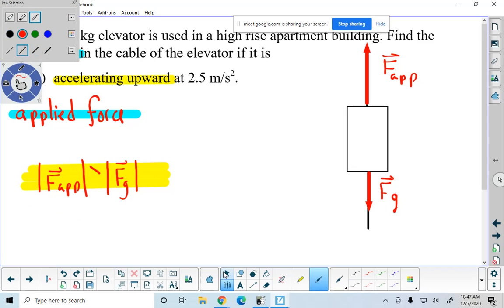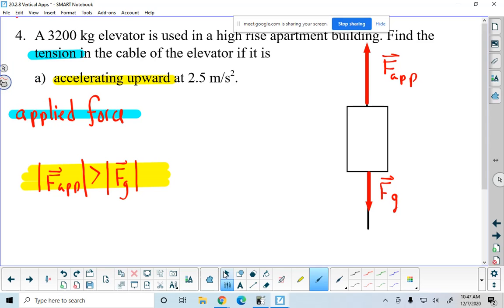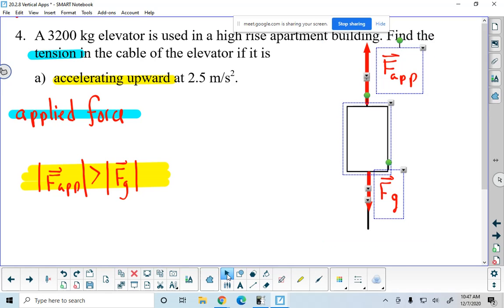There we go. The applied force upwards must be greater than the force due to gravity downward. It accelerates upwards, so the net force has to be up. Moving ahead, before we even do any calculations here, and we take a look at B,